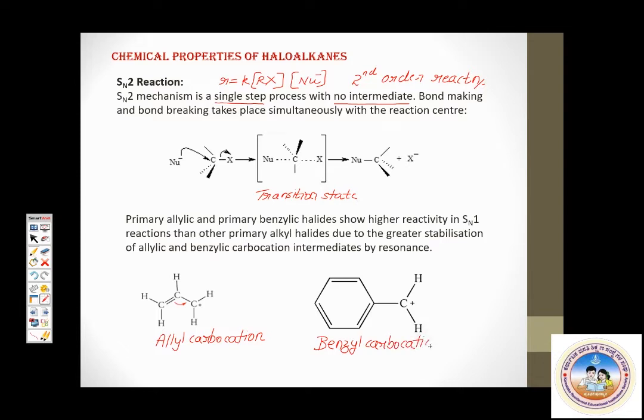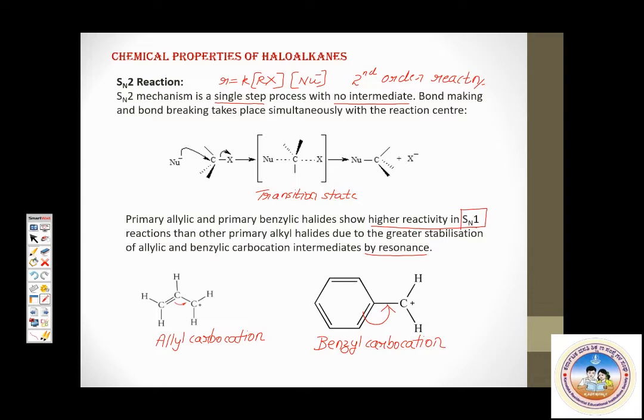Okay. Now, these are primary carbocations, right? Though they are primary carbocations, both allyl and benzyl carbocation are stabilized by resonance. These are intermediates which are stabilized by resonance. See, you can show resonance structures, conjugation. Yes. Because of which allyl carbocation and benzyl carbocation are highly stable due to resonance, and hence allyl halides and benzyl halides undergo nucleophilic substitution reaction usually by SN1 mechanism. Okay, right.